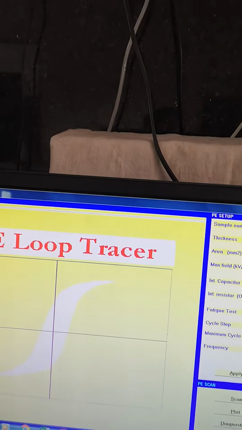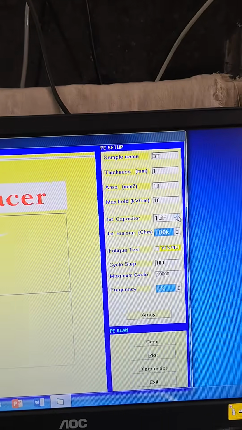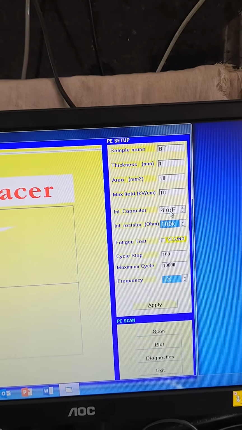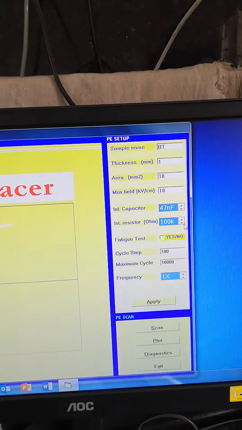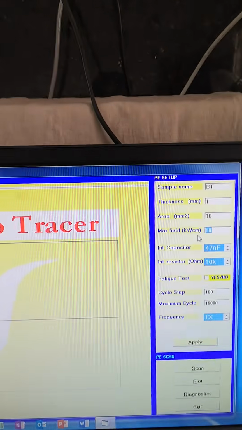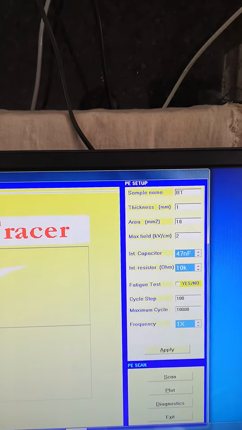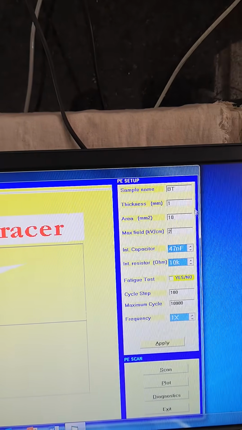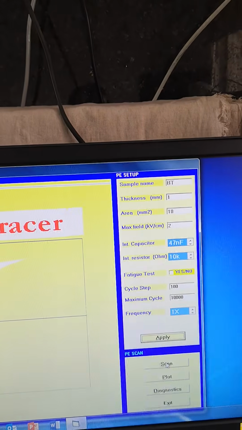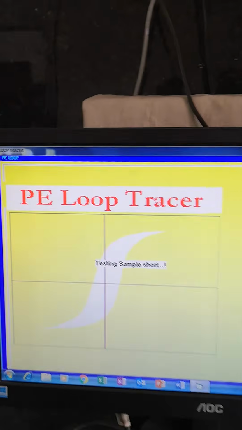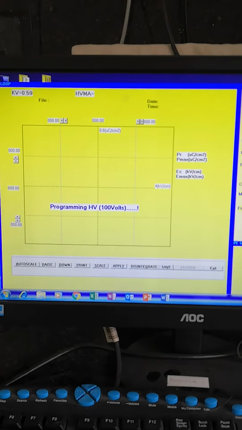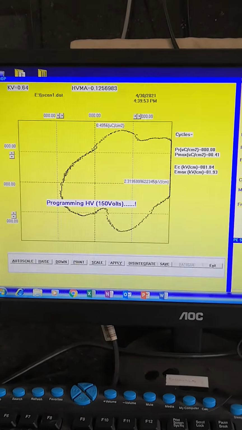So generally we start the loop tracing from the capacitance value 47 nanofarad and the resistance value around 10k. So first I start with the electric field value 2, right? So when I apply it and scan, right? So you can see this is working, right?